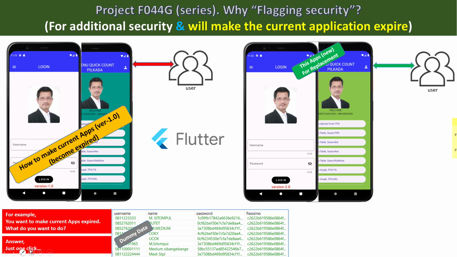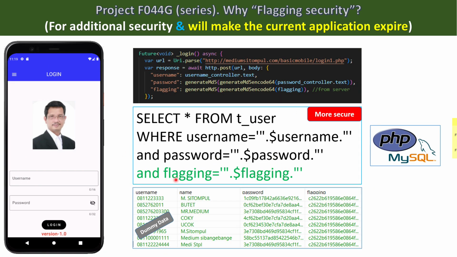Just one click, and this flagging security will change to something else. So after this change, the backend process cannot make the login, because these guys will have changed to other data. This is why flagging security will make the current application expired.